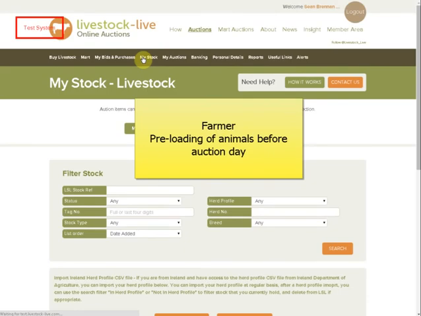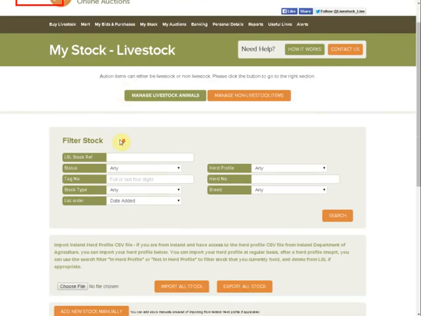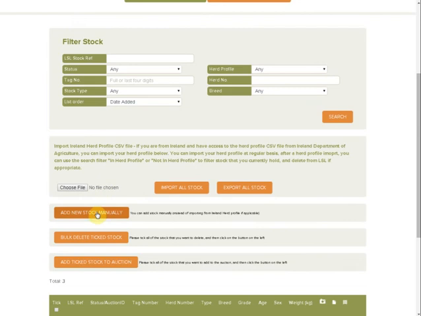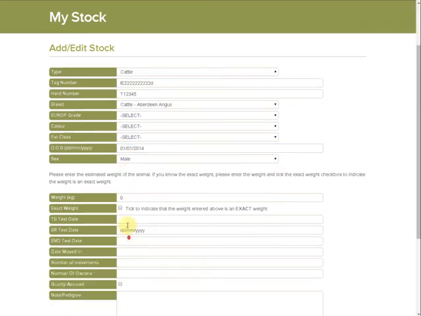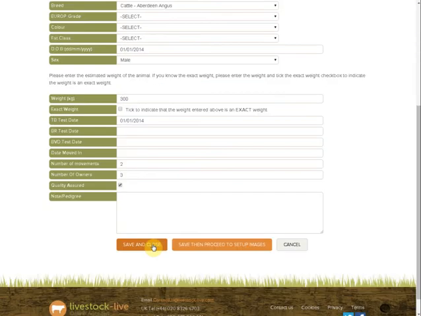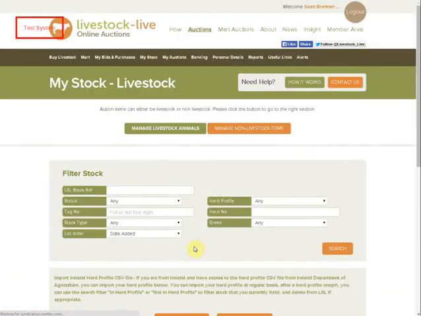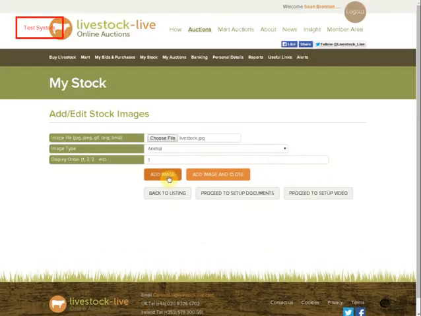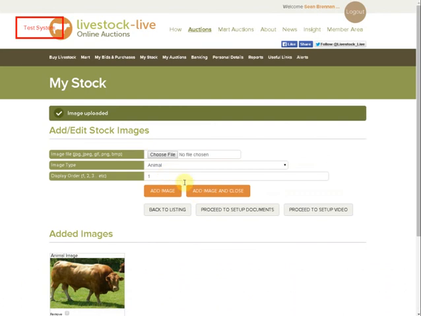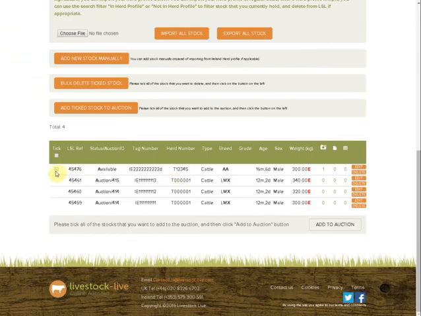The seller has the option of preloading animals onto LivestockLive before the auction day. By preloading animals, the buyers can see which animals will be available to buy before the auction. Any animal images that the seller uploads will be retained and visible to the buyer. When creating an auction, the seller will first need to add the animal. Then select that animal to be